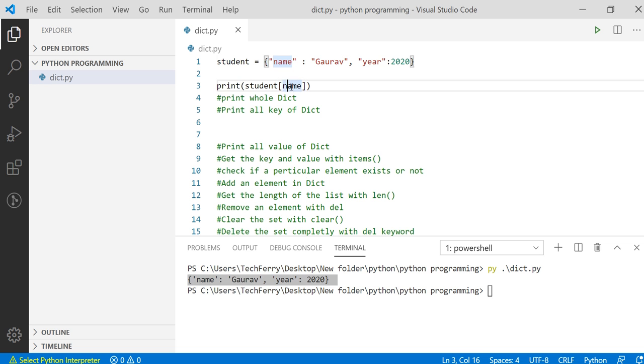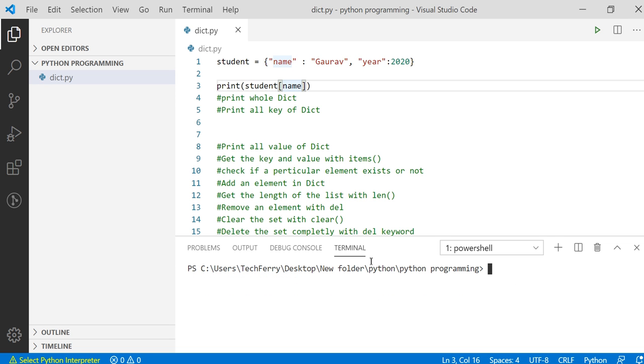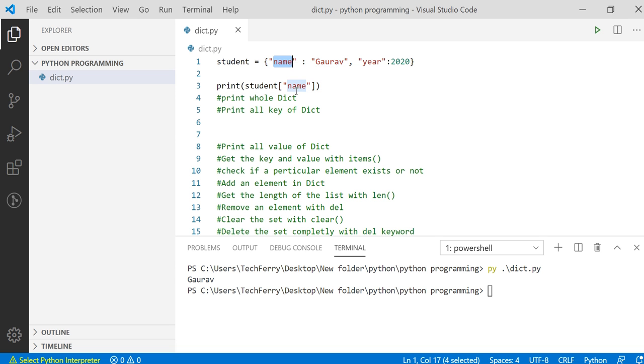So the name of the key is name. Now let's see what will be the output. Before we get it, I have to pass this key in quotes, which means I have to bind it with inverted commas or double inverted commas. I'll run this file and you can see that I got the value corresponding to the key name, which I already passed here.